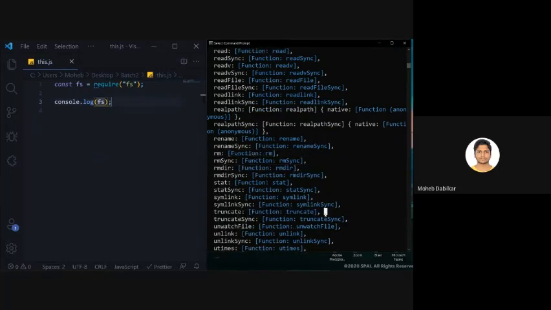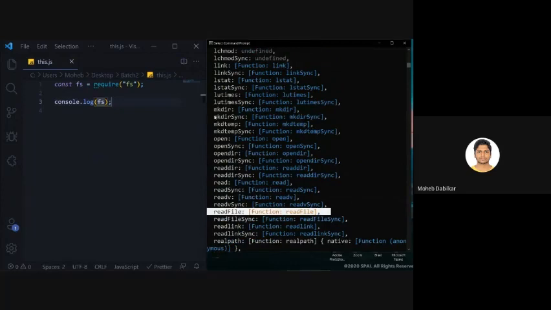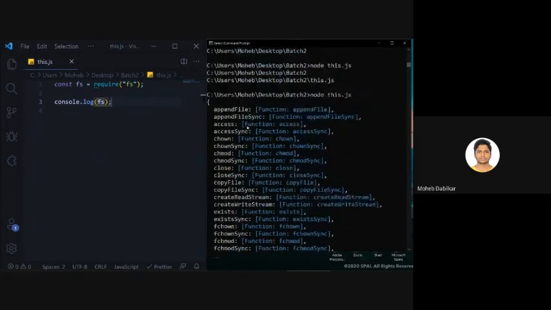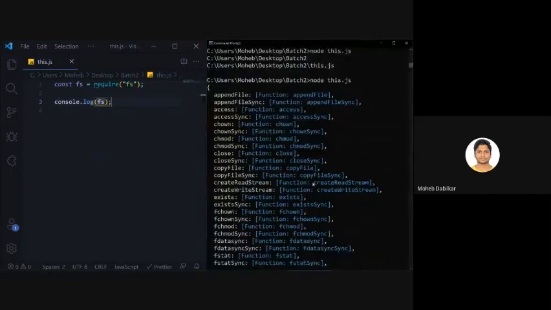Truncate, you should know that it means shortening a file. We will be working with read file, and we will be working with make directory. We will be working with many other things that I can't find right now. There's copy file also, you can do that. We will be working with this too, but when we learn about streams, if we get the time for the day, we will learn about streams as well.